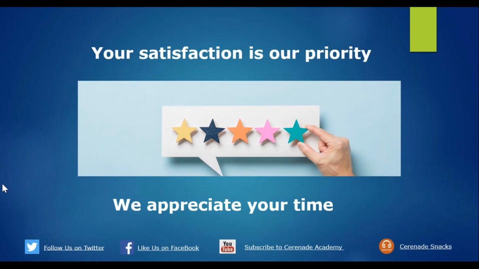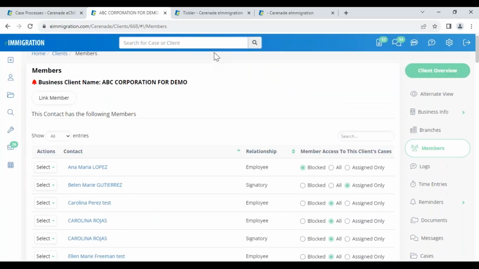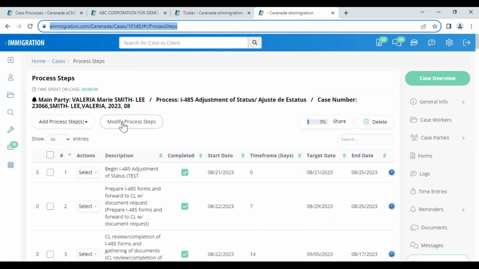How much info should populate in the forms? I don't seem to get much. Well, it's number one, because you don't have data in the profile. And the other thing is you probably have the wrong